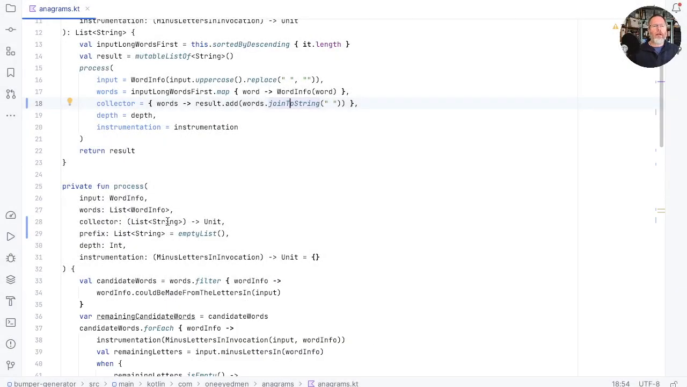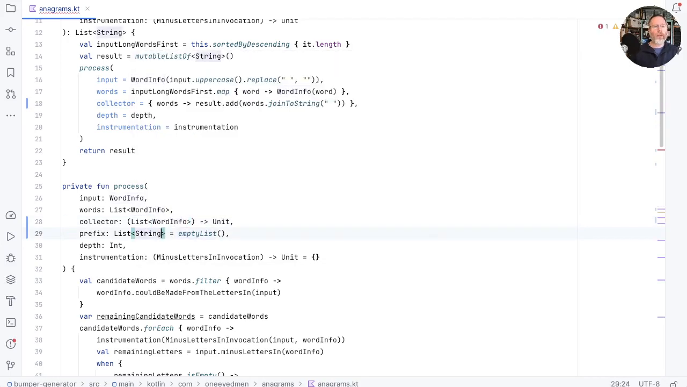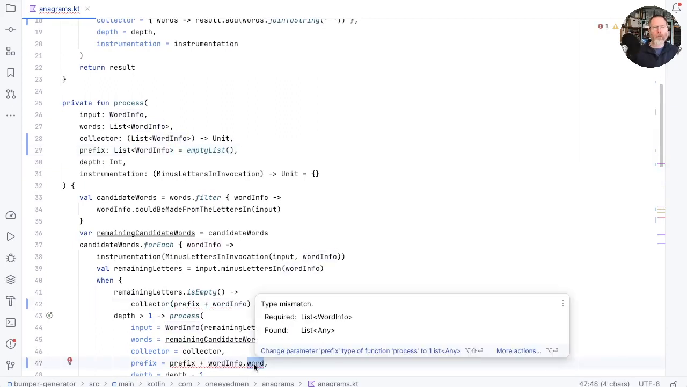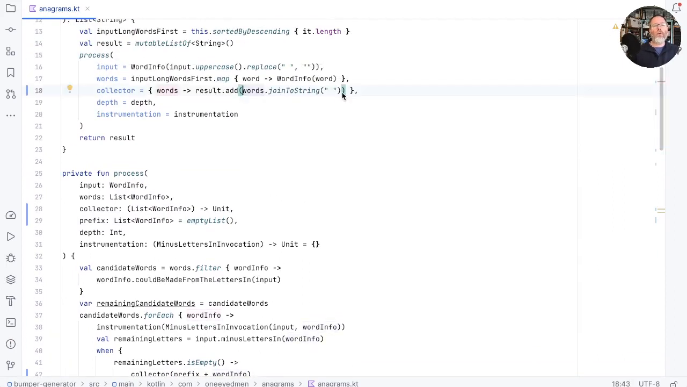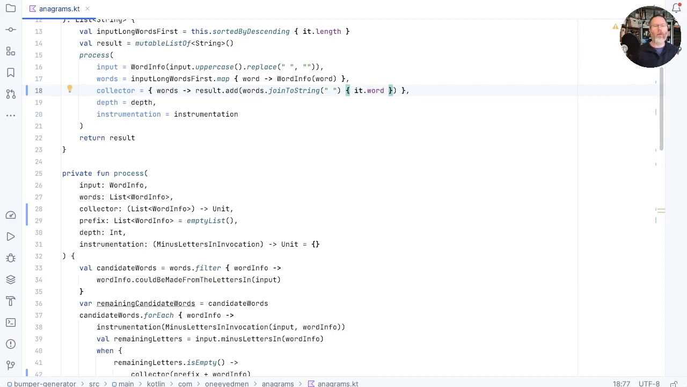Now we don't want to be collecting individual strings, we want to be collecting sets of strings, but those sets of strings are going to be our word info. So if we change this to word info, and this to the prefix being list of word info, then in here, we don't have to take the word info word, we can just take a word info and add it to the list before we pass it down or out. And then in here, we want to take the word out of the word info before we join it to string in our current implementation. And there is a transform and join to string, so we can say it dot word. And if we run that,